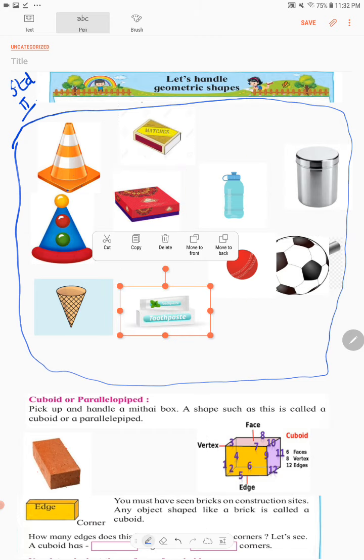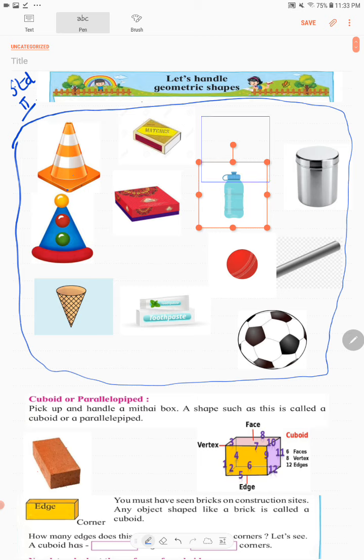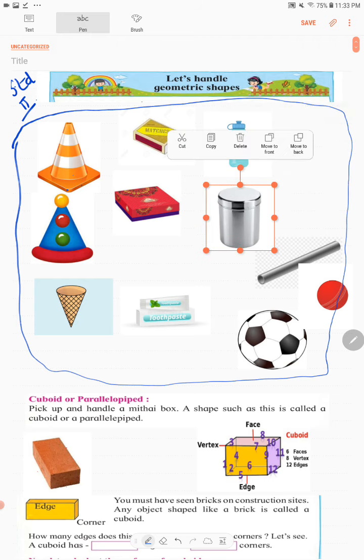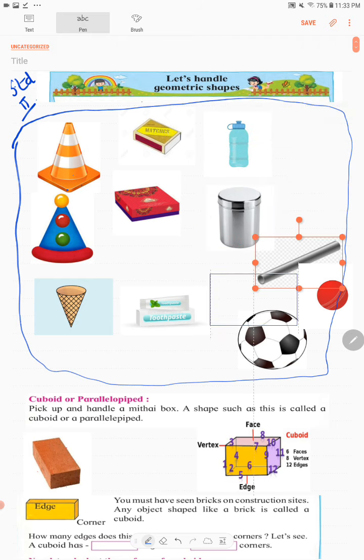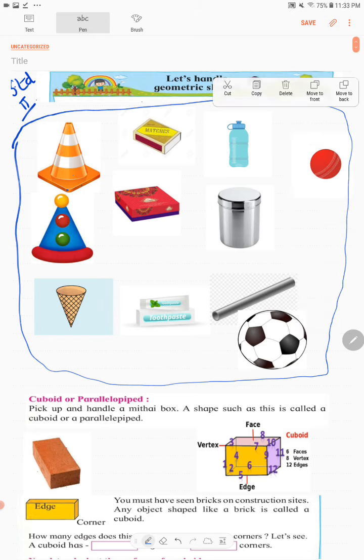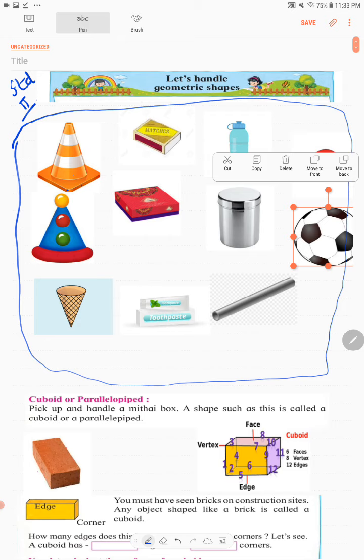Now you can see this is a water bottle, and a similar shape you have a dabba over here. And here a similar shape, a pipe, and these are two balls. So now we have segregated as per the shapes, and we will go one shape by one shape.